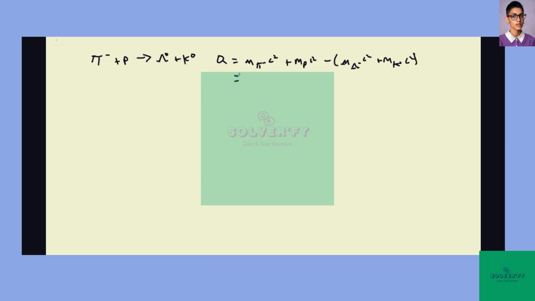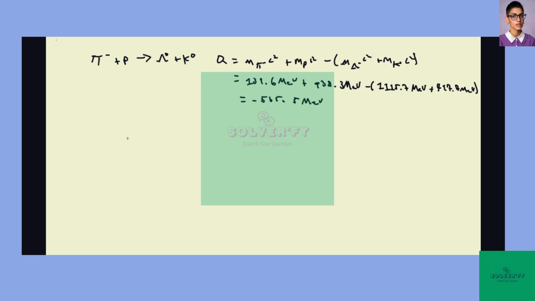So we have 139.6 MeV plus 938.3 MeV minus 1115.7 MeV plus 497.7 MeV. So this equals minus 535.5 MeV. So that's the total energy that we need to add to the system in order to